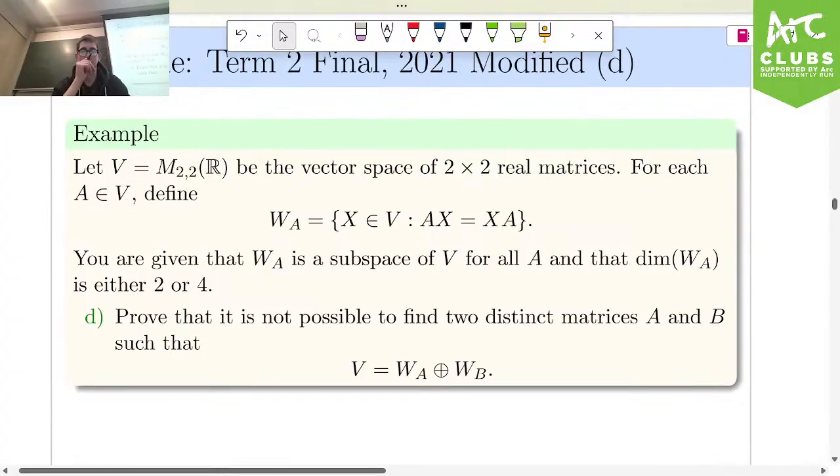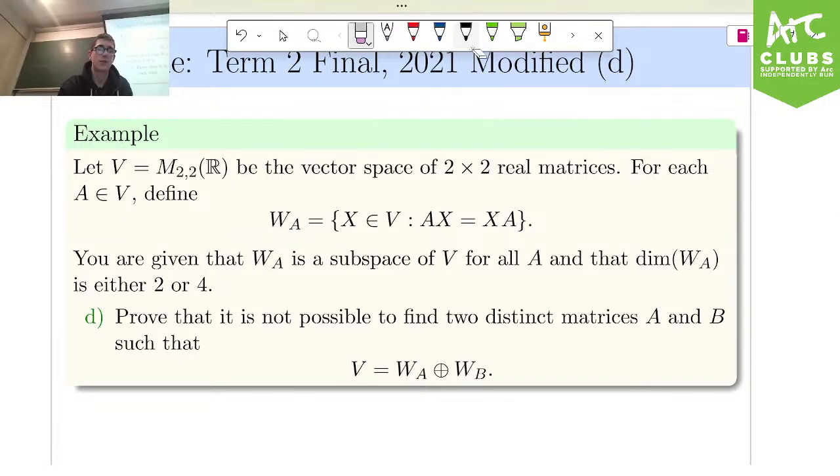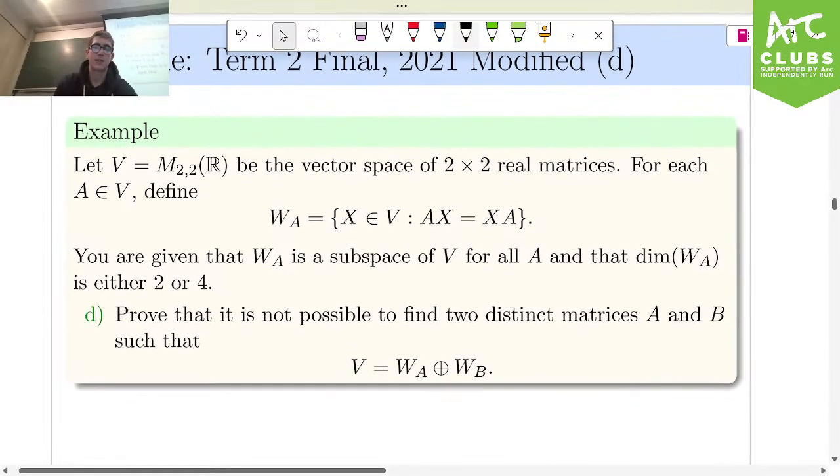But the reason why that's not going to work here is because we're restricting ourselves to working with only subspaces of this particular form. So if we're restricted in that way, we can't find a specific other matrix such that a complementary subspace can be expressed as specifically one of these WA type subspaces. So what we can first do, given the information that the dimension of WA is either 2 or 4, is